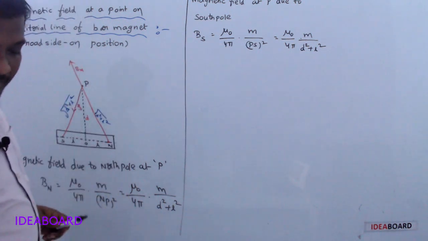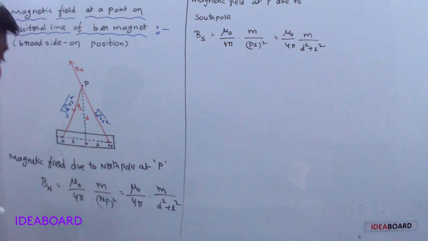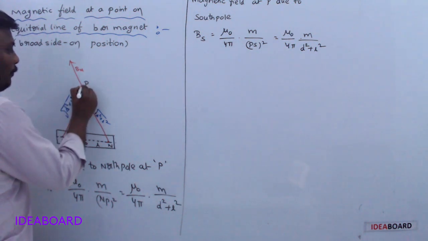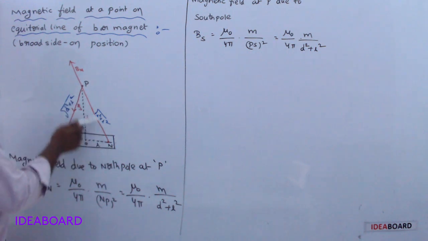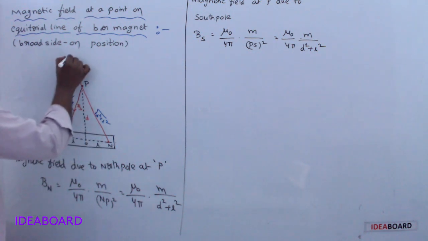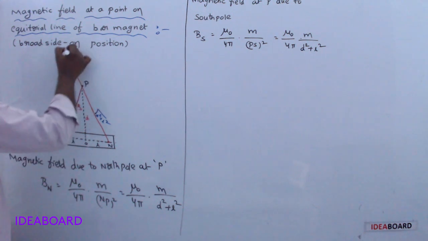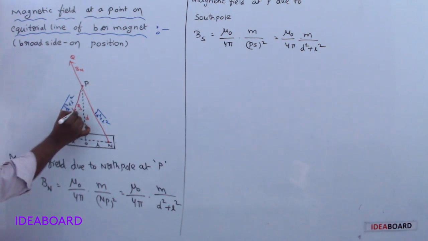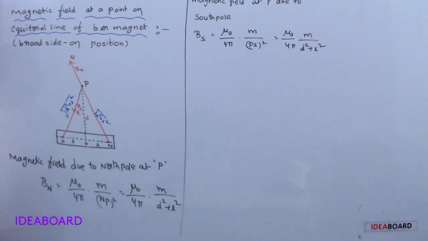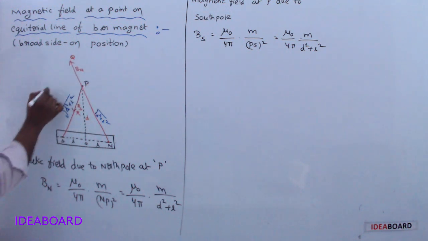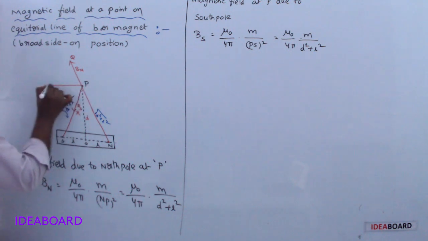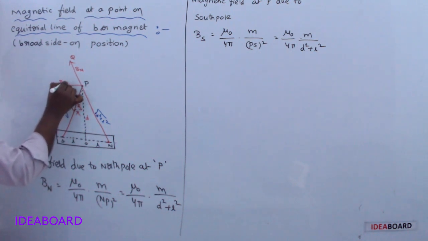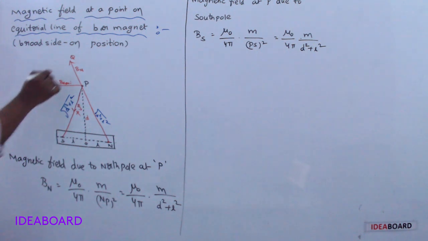Let us see the directions. For directions, again you can imagine one unit north pole at point P. Then north and north repel each other. So the direction of Bn is along the direction of PQ bar, and the unit north pole is attracted by the south pole, hence PR indicates the direction of the Bs bar. So this is one vector, it is another vector, so the resultant is coming in this direction, that is called B equatorial.